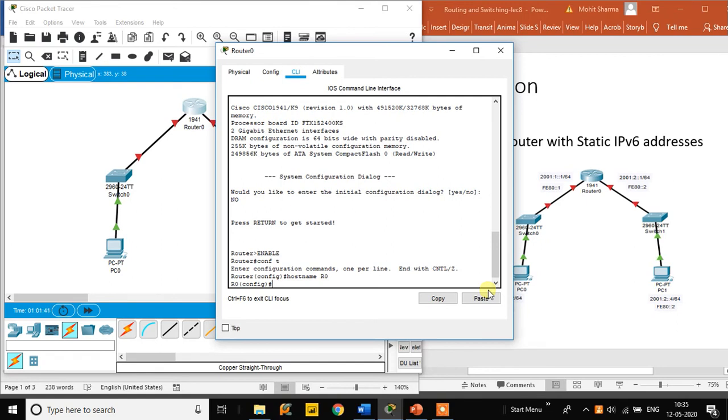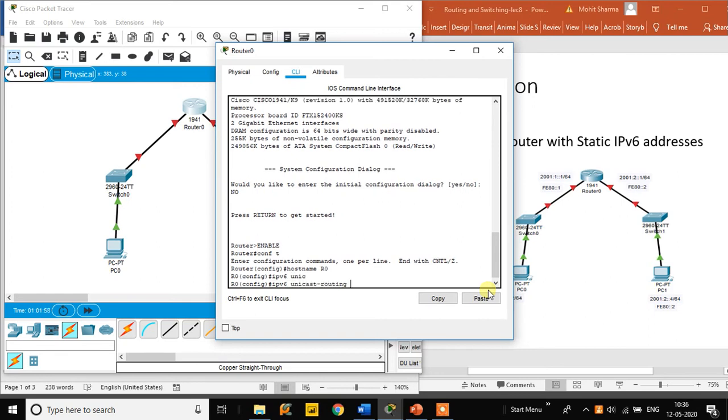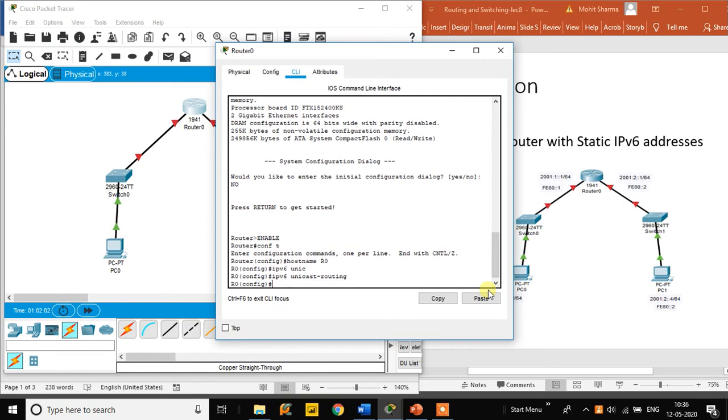Now I have two different interfaces, G0/0 and G0/1, and for both we have to assign the IPv6 addresses. To enable IPv6 and dual stack, the command we will use is ipv6 unicast-routing. This will enable the dual stack on R0, so we can use both IPv4 and IPv6 addresses.